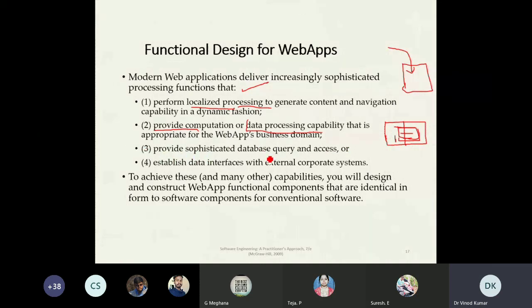Provide sophisticated database query and access. In that, you have a functional requirement. Suppose some incident happened near the security surveillance camera where it was installed, and the police came.